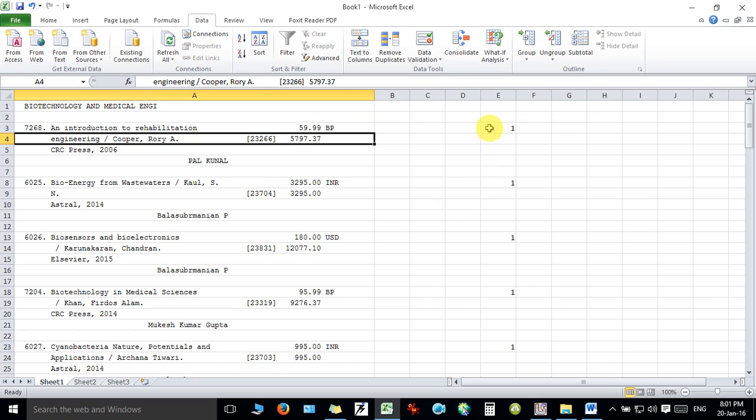wherever we have the total, we suppose more than 1, 2, 3, 4, 5 copies of this particular title, there we will have to find out the total price. So let us see how we can separate this particular control number and the currency into different columns. See, already there is a character used, left and right circular bracket, but this particular might have been used in some other title or some other places.